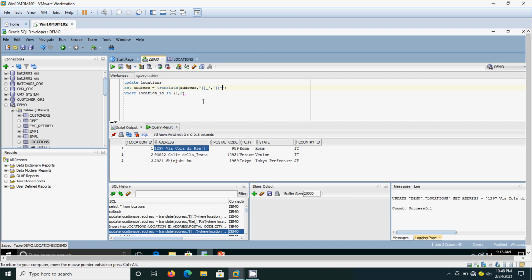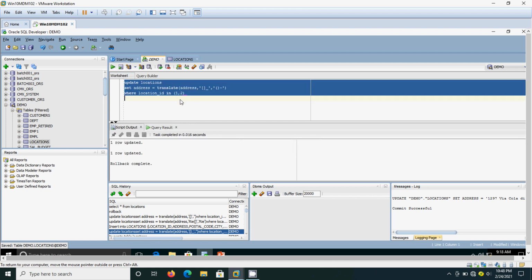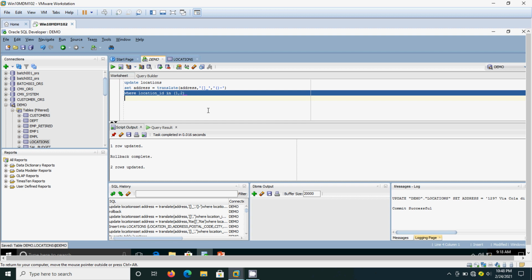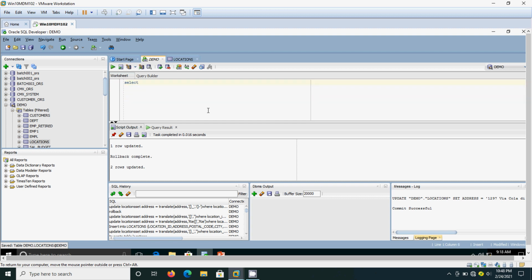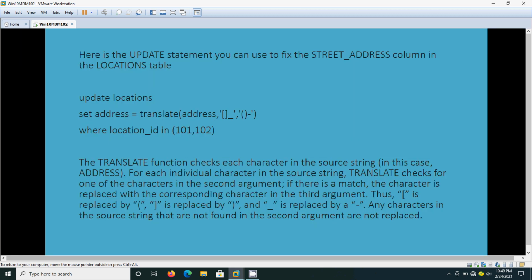Now let us see. Here the location IDs are 1 and 2. Two rows updated. Now we are going to use select star from locations. See, here it is replaced with parenthesis and with hyphen. I think you can see it. This is the way we are going to use the translate function.